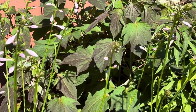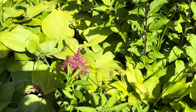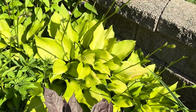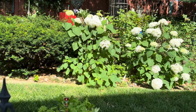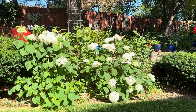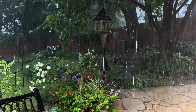We'll see. But again, just getting the right plant in the right place keeps them healthy, tends to help them reduce pests, and they thrive. So that was a lesson learned. And when I think of the hydrangeas that were here when we got here, as much as I love them, I'm going to have that flop situation every year this time of year. They look good for about a day or two, and then the first big rainstorm that comes along, and the weather gets kind of